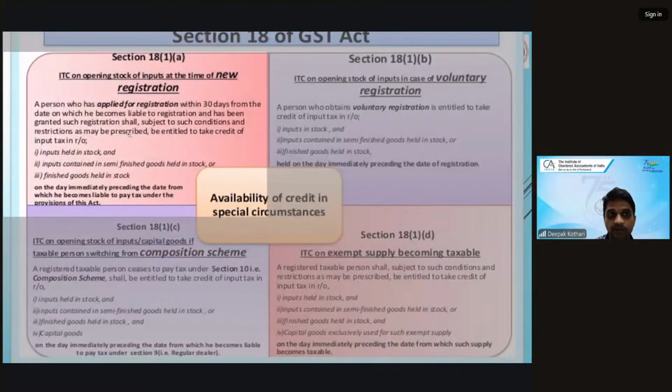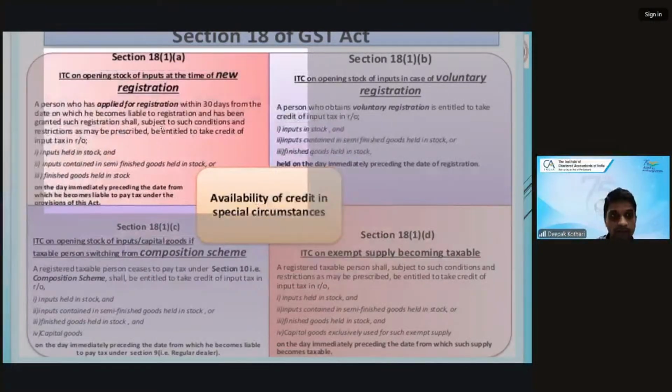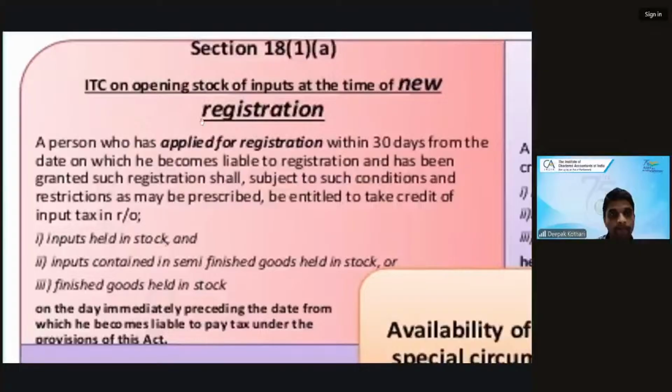हमको सिर्फ 18(1)(a) पढ़ना है आज। 18(1)(a) says what happens for the ITC on opening stock. So mostly these 18 provisions are on the opening stock, कि आपने registration लिया है, आपने shift किया है, तो आपका stock के ऊपर, fixed assets के ऊपर क्या आपको credit मिलेगा या नहीं।